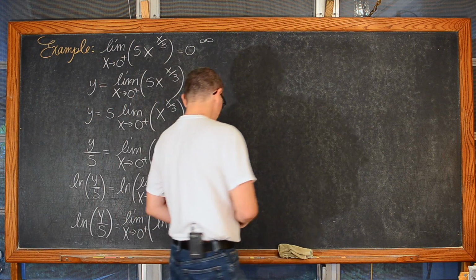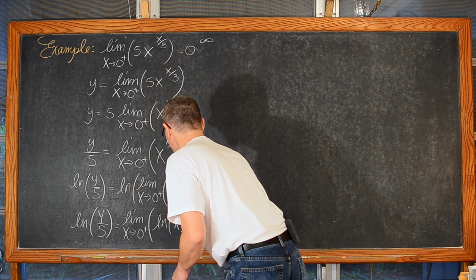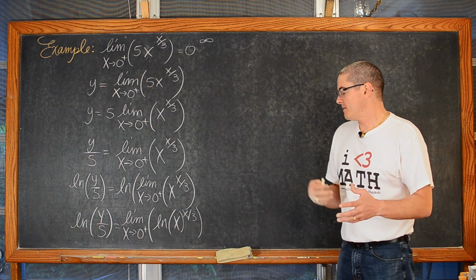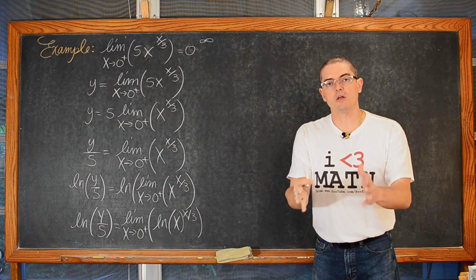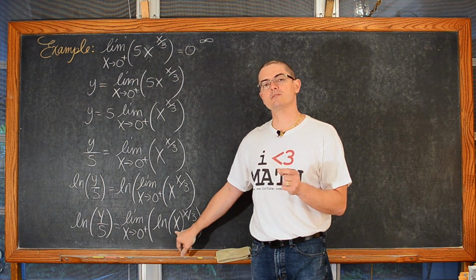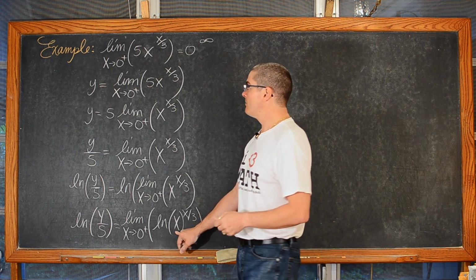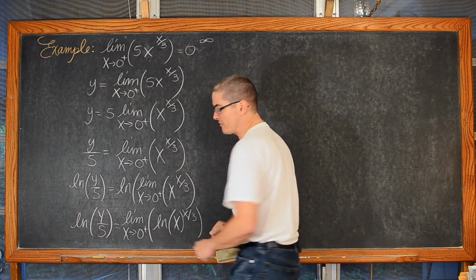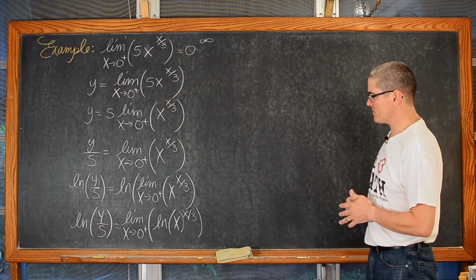Now, fix that parentheses there. Normally when I say that I'm going to apply the natural log function, or log of any base, to a variable, I wrap that inside an absolute value function because you can't take the log of a negative number. But remember, again, we're letting x approach 0 from the right, so x is always going to be positive, and thus the absolute value symbols are not necessary.